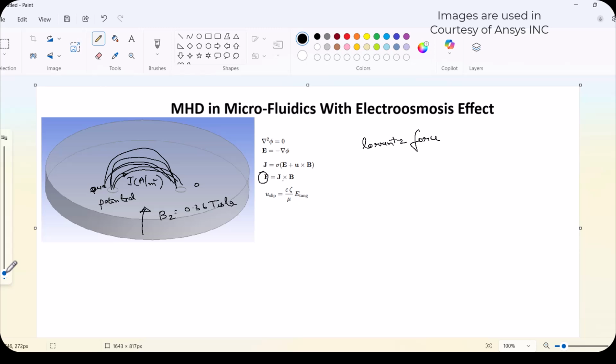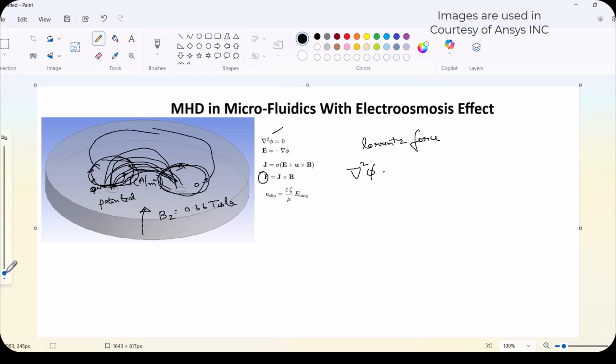F is nothing but the Lorentz force, which is J cross B, which would be perpendicular to both J and B, and that force will try to rotate the fluid in this direction. Similarly, near here also we will see a rotation, because there is a high current magnitude from this to this, but as it goes away, the current magnitude decreases. So where the current magnitude is more, you can see the rotations created due to the Lorentz force. Now for that, we will first need to solve the governing equation,